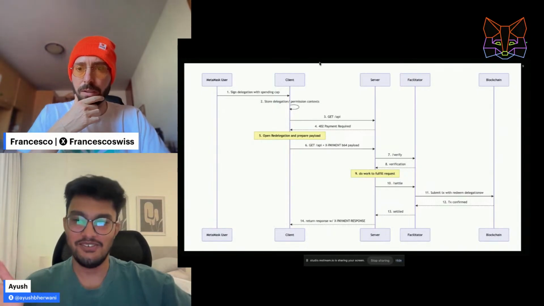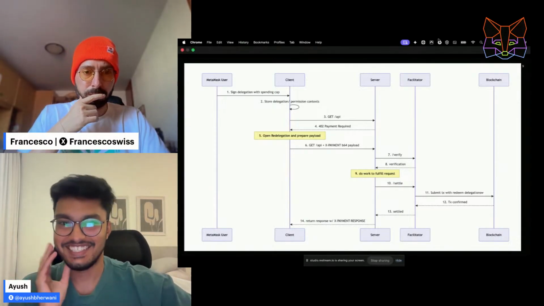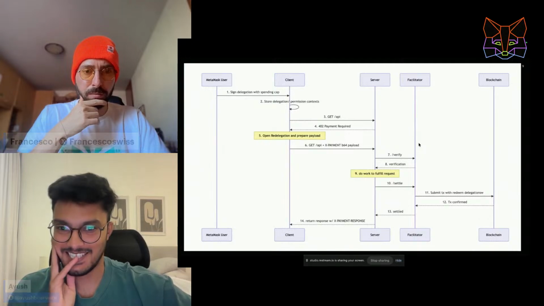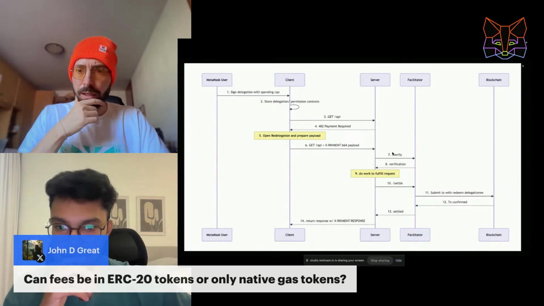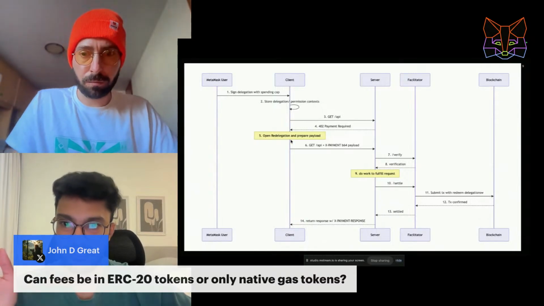So if you have any questions, feel free to raise them. I see one question from John. Can fees be in an ERC20 token or only native gas tokens? If you're doing 7710, you can use any of the ERC20 tokens here.